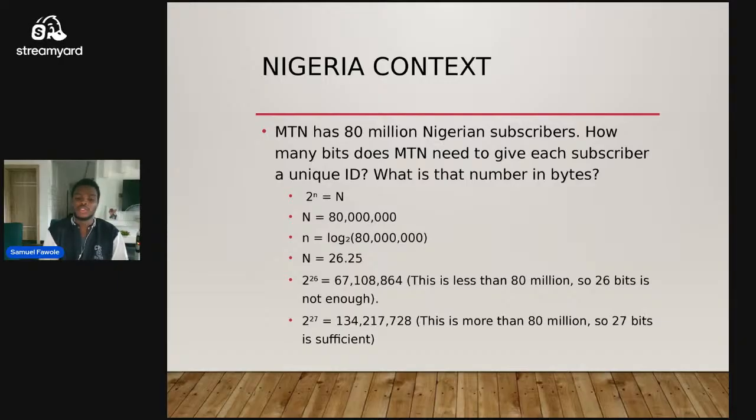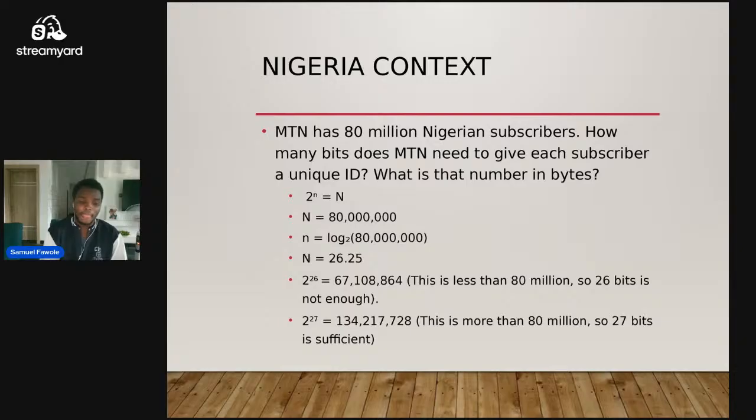So this is a quick little problem. MTN has 80 million Nigerian subscribers. How many bits does MTN need to give each subscriber a unique ID? So our output, our big N, should be 80 million. That's the amount of information that we want represented. And so what's the small n that we need to be able to get to